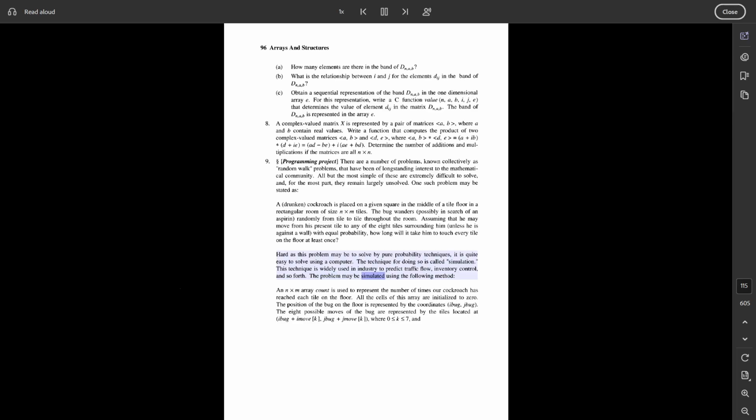The problem may be simulated using the following method. An n x m array count is used to represent the number of times our cockroach has reached each tile on the floor. All the cells of this array are initialized to 0. The position of the bug on the floor is represented by the coordinates ibug, jbug. The 8 possible moves of the bug are represented by the tiles located at ibug + imove[k], jbug + jmove[k], where 0 <= k <= 7, and